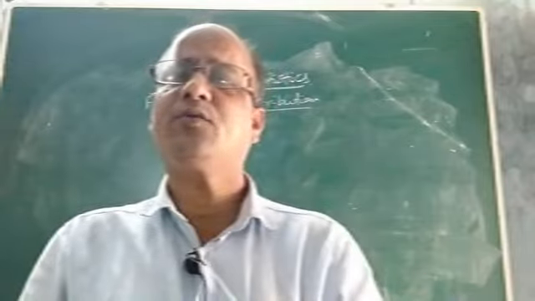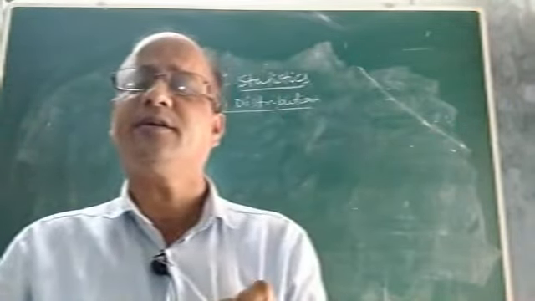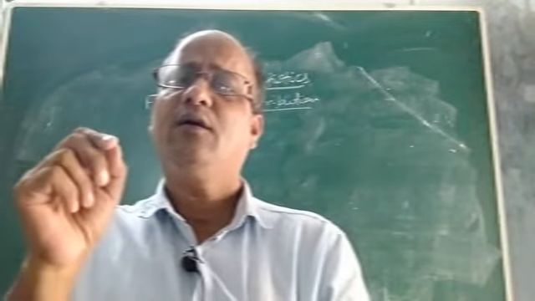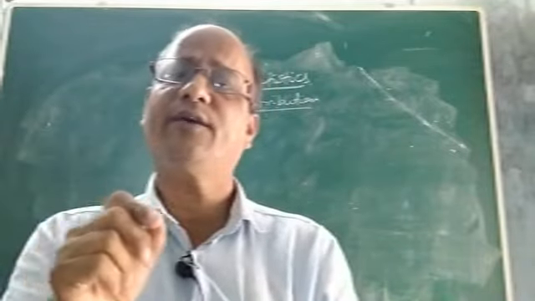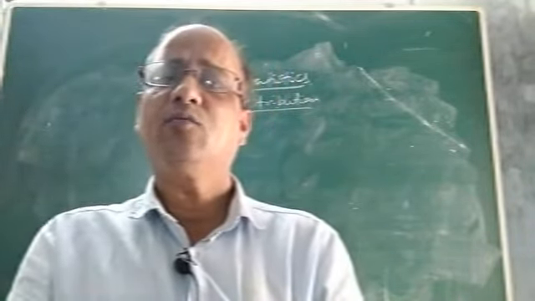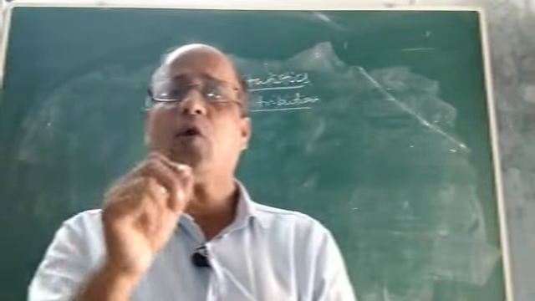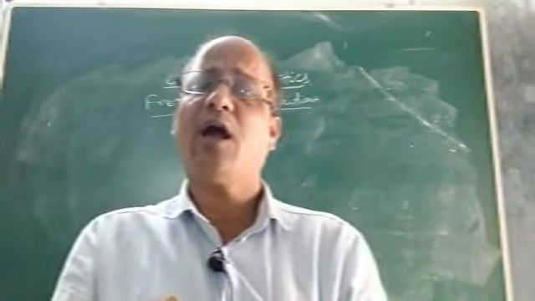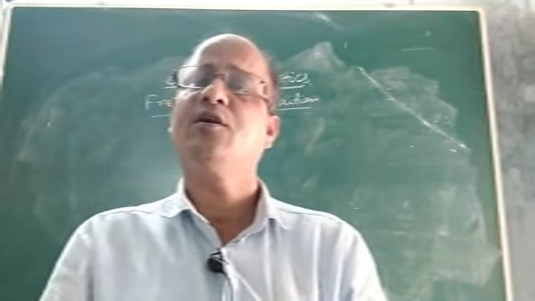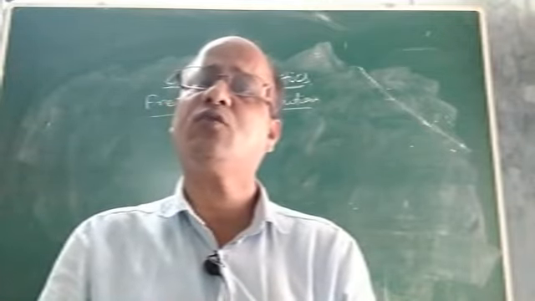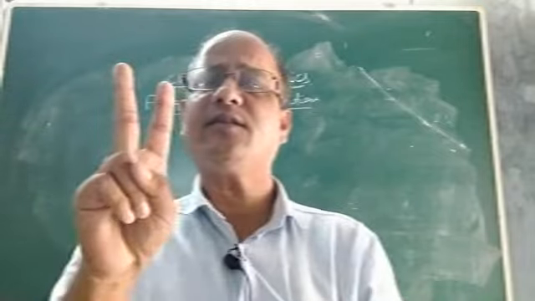So what is meant by frequency distribution table? See, frequency distribution means when the scores or observations are given and their frequencies are given, if we represent them in a tabular form, it is called your frequency distribution. What is meant by frequency distribution and how to make it? Let us discuss. Frequency distribution is of two types.